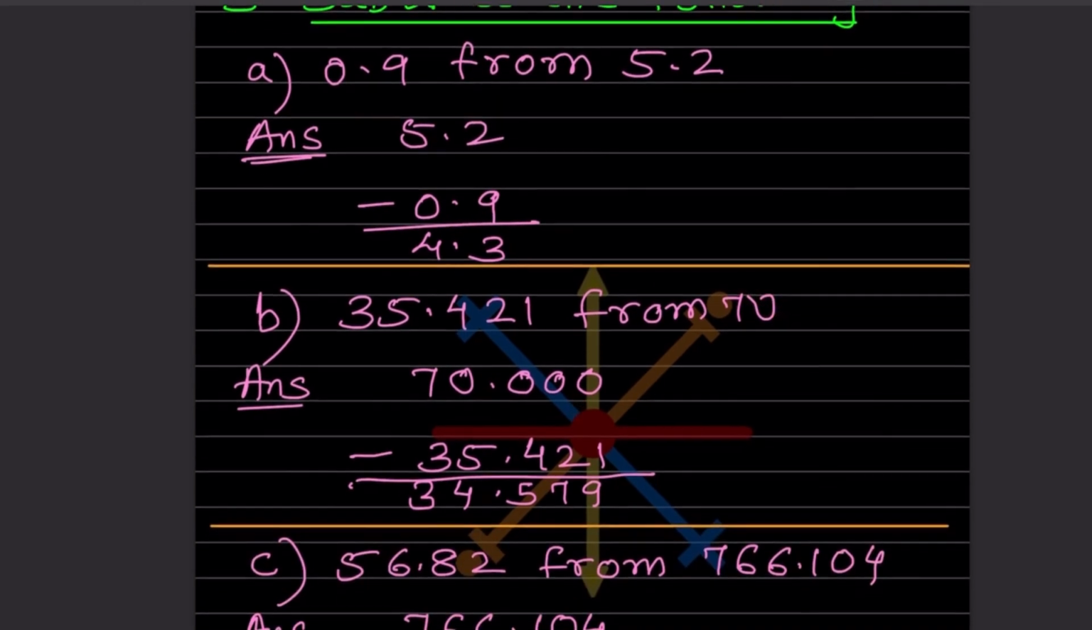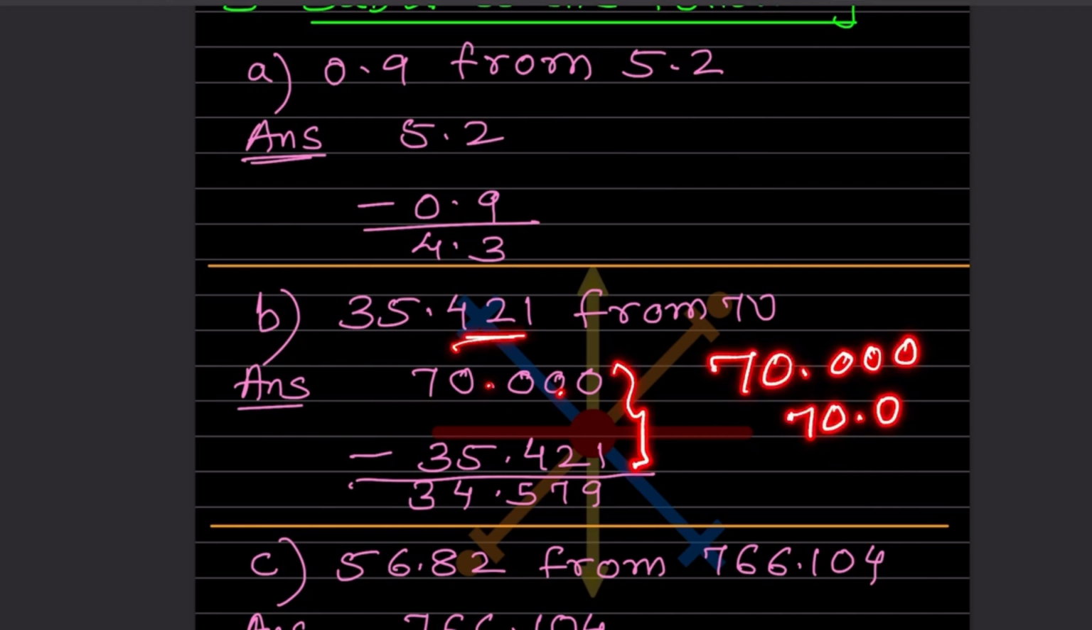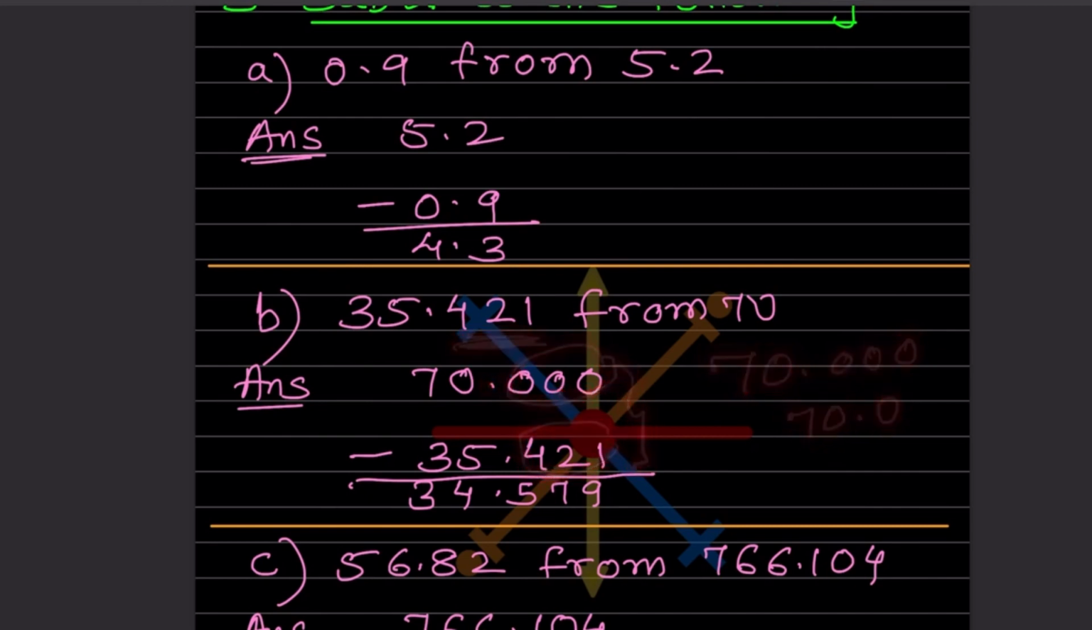Why did I write 70.000? Because here there were 3 numbers after the decimal. So 70.000, because any number of zeros you put after the decimal is not going to change the value. Even when you write 70, we can also write 70.0. But I wrote 3 zeros here for your better understanding, so that it becomes easier for the calculation, because there were 3 numbers after the decimal over here. Can you see? So both become the same, then it becomes easy for the